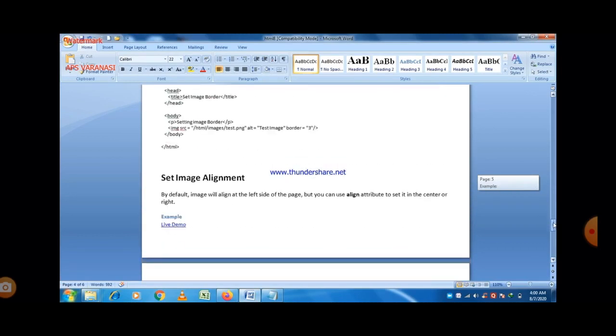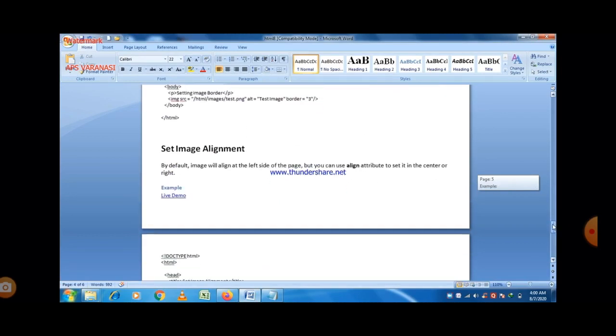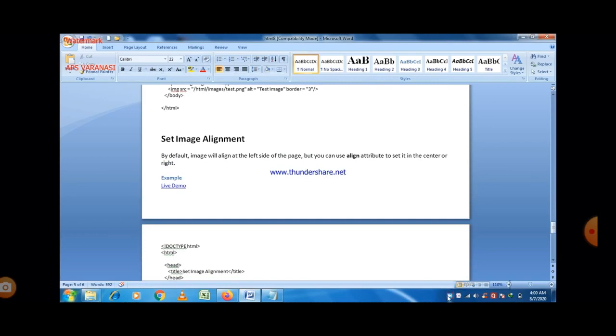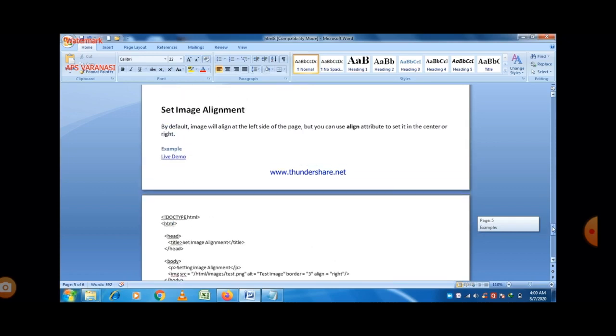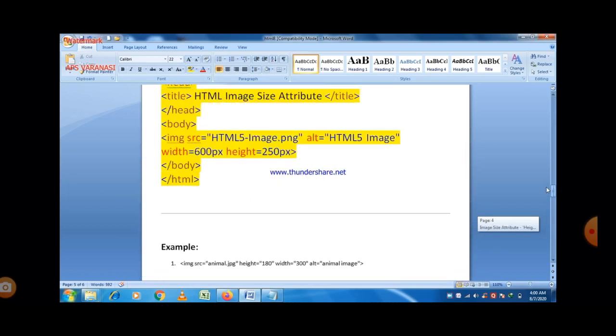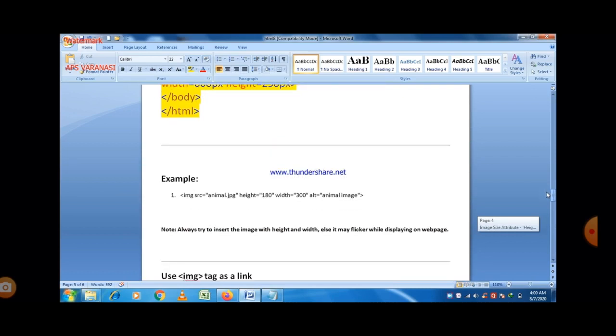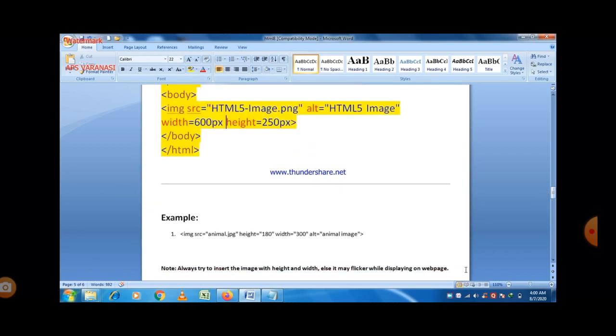So till now we just discussed the SRC attribute, ALT attribute, and height and width attributes of an image. And always remember that if the image is located at another position or folder, you must write the complete URL of that image. Okay.